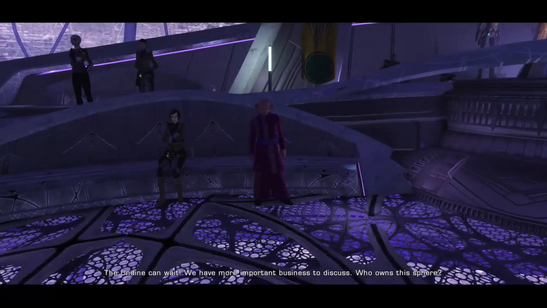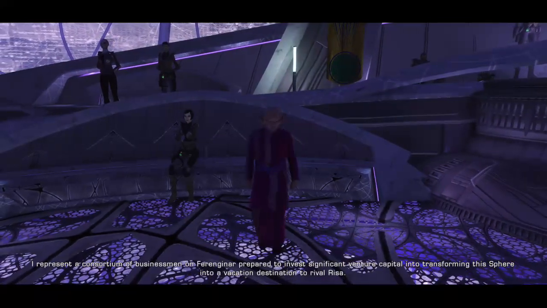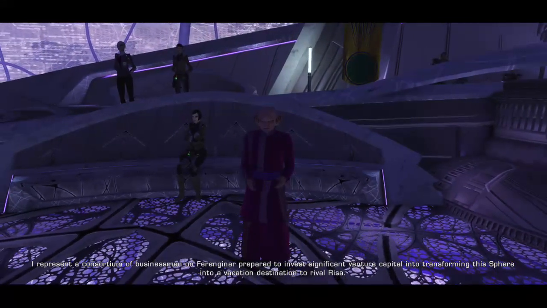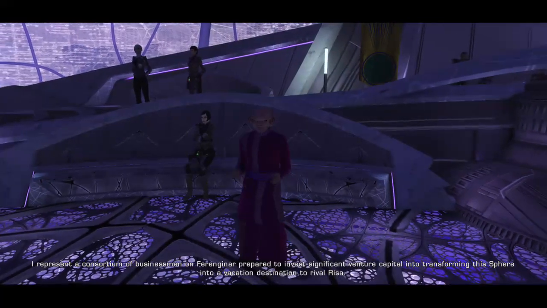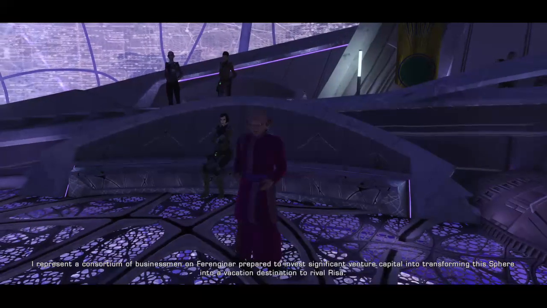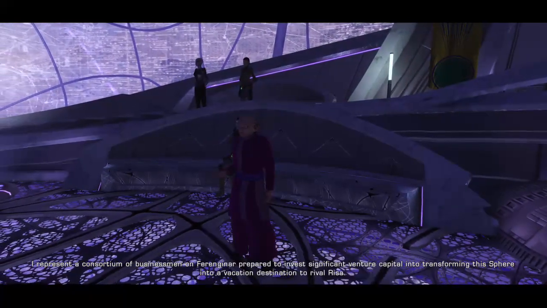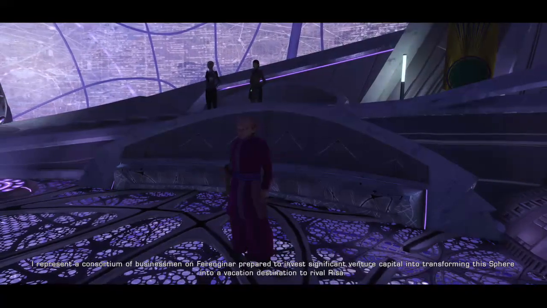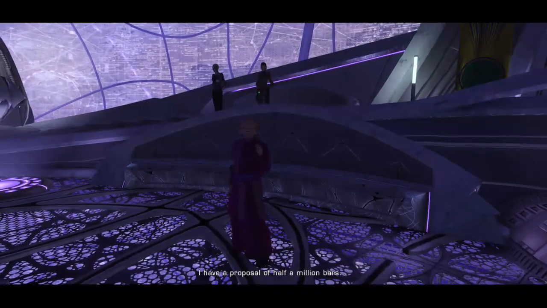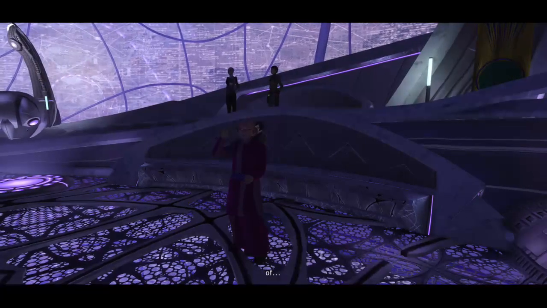Who owns this sphere? I represent a consortium of businessmen on Ferenginar. We are prepared to invest significant venture capital into transforming this sphere into a vacation destination to rival Risa. I have a proposal of $500,000 of...